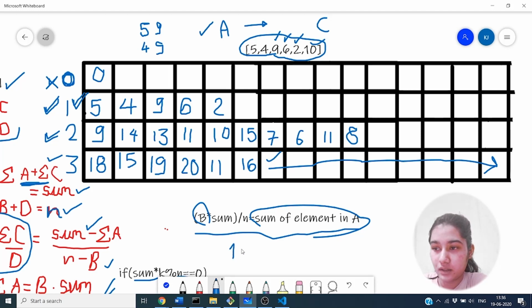So 1 into sum, which is 36, divided by n, which is 6. So here the sum comes out to be 6 in this condition, and as it is present in the DP table for the index I equals 1, we just have to return true in this condition.